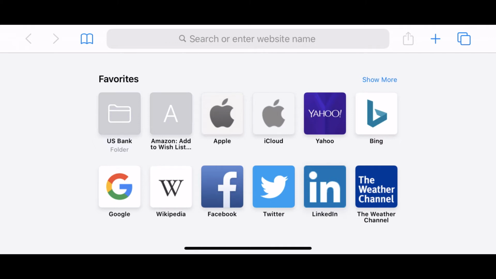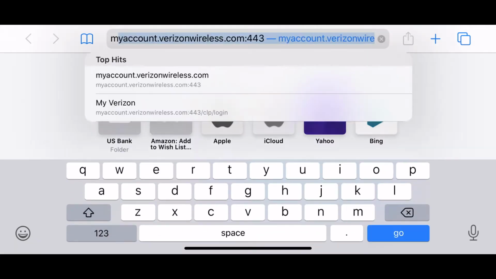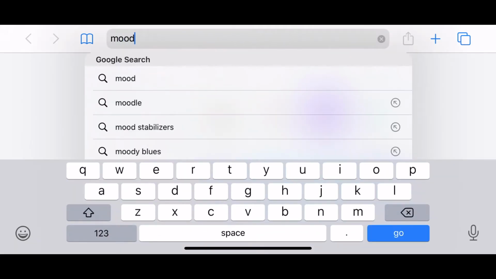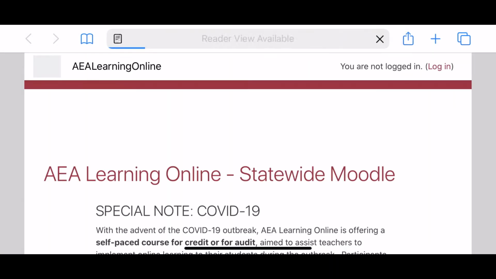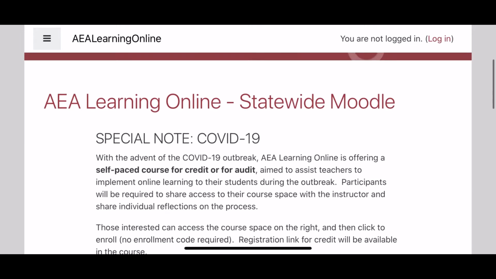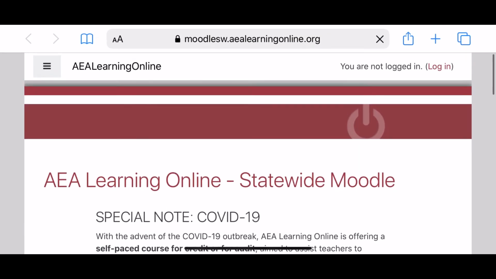So here's a video on how to use an iOS device on the Moodle learning management system. So the first thing I'm going to do is go to the statewide server. So I'm going to type in Moodle sw.aealearningonline.org. And I'm doing this on a phone, but all these things are going to be true